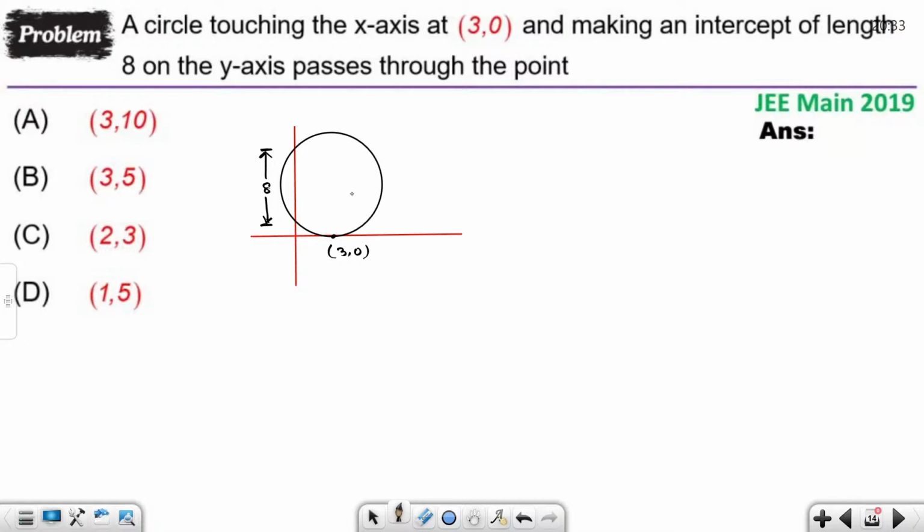Clear? So I will use the concept of family of lines. Any circle which is touching the x-axis, y equals 0, as a tangent at the point (3, 0), has the equation written as